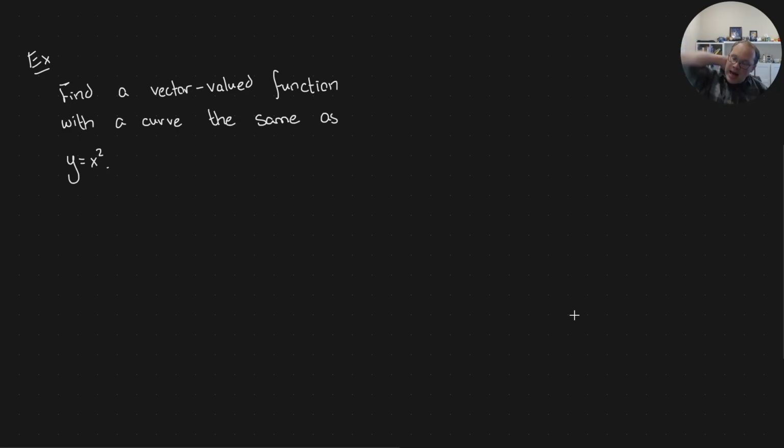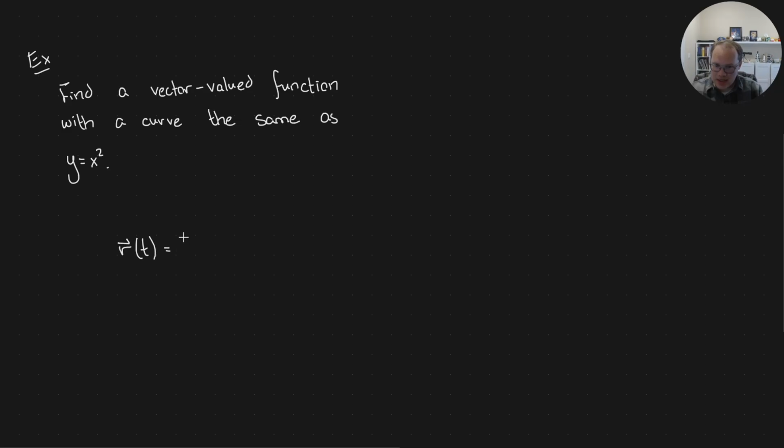Now, as we've seen, there are generally lots of ways to construct a vector valued function to traverse a specific curve. You can go forward, you can go backwards, you can go slow, you can go fast. But if all we need is one example,